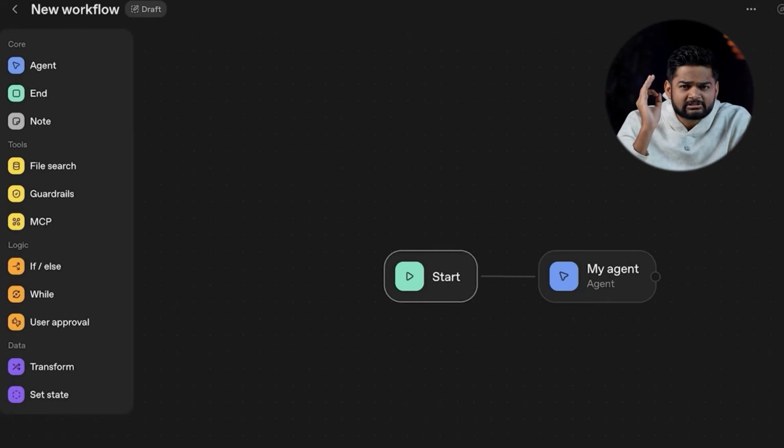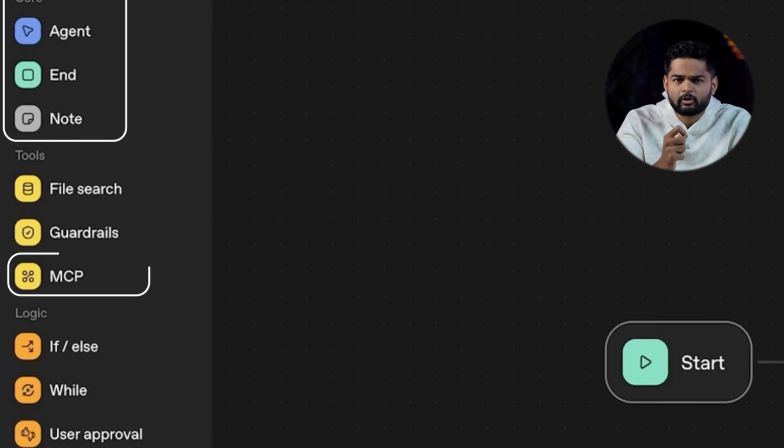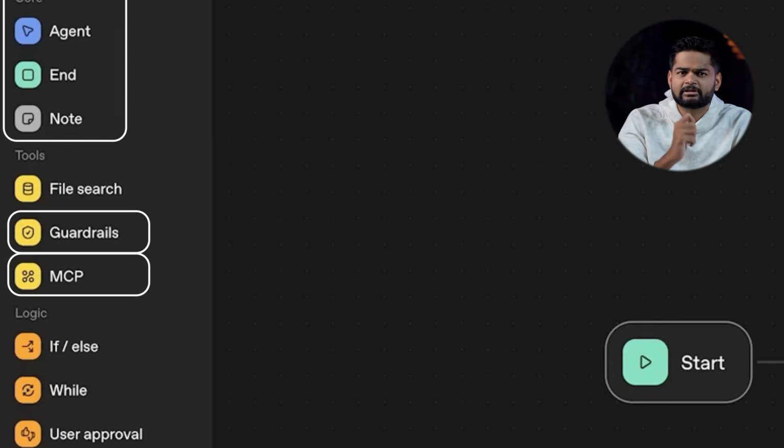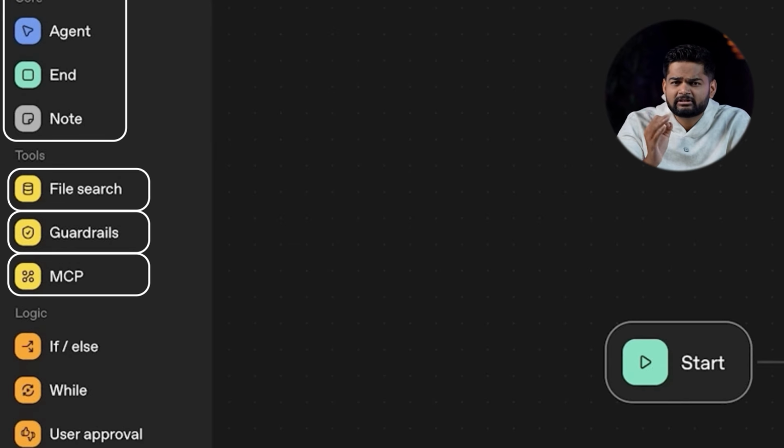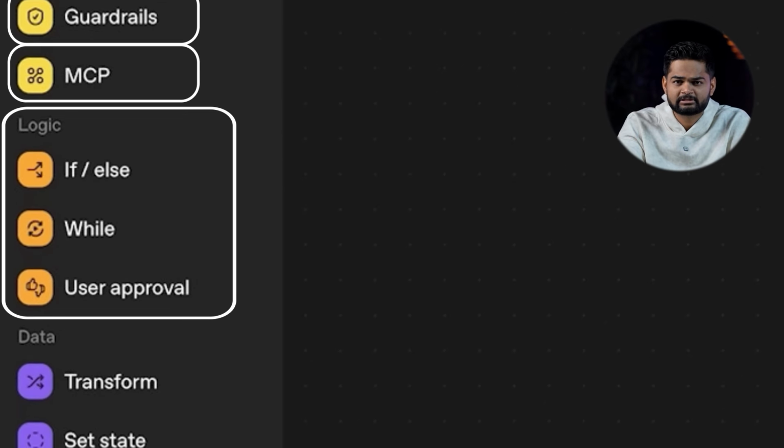Step 2, understanding the interface. Okay, so this is the interface. Let me break down what you're seeing. On the left side, you've got all your building blocks. Agent nodes, your actual AI agents, MCP, model context protocol connections, guardrails, security features, PII protection, keeps sensitive data safe, file search, that's basically RAG, searching through documents, if/else, conditional logic, branching paths, while loops for repetitive tasks, user